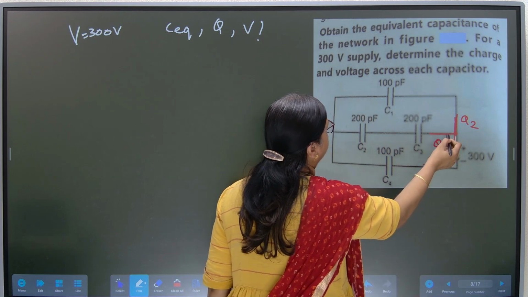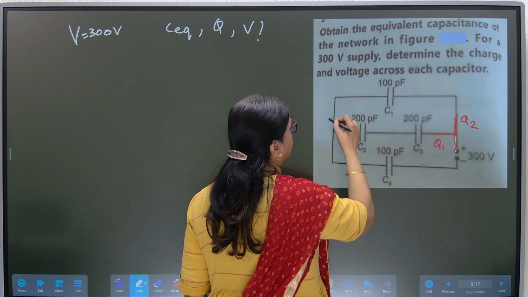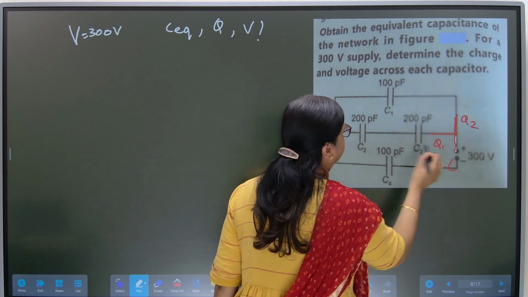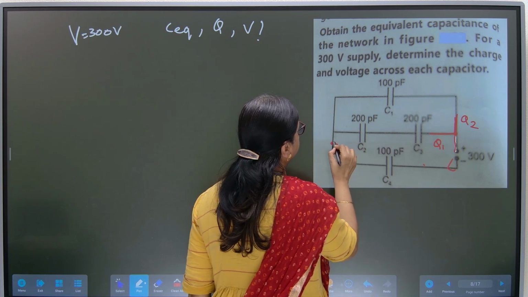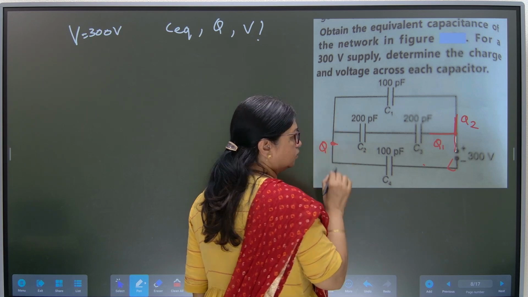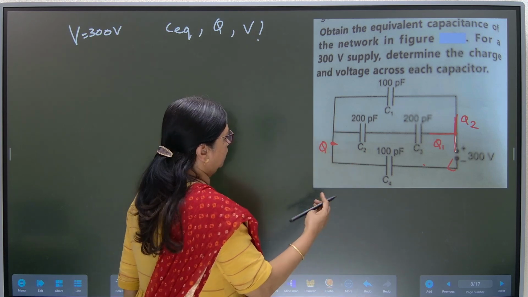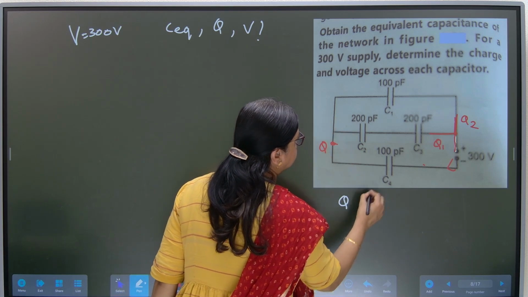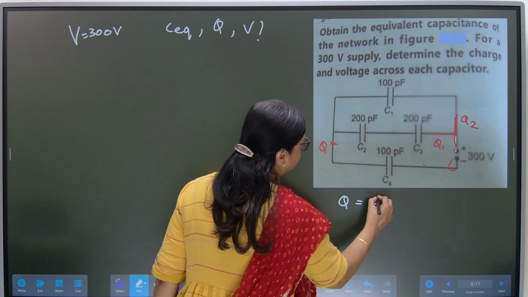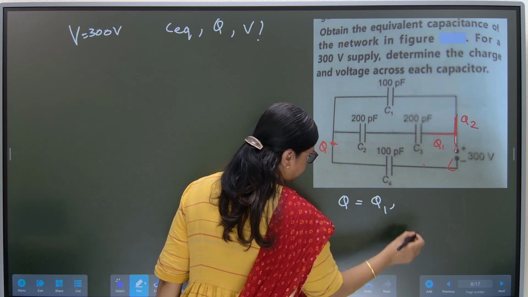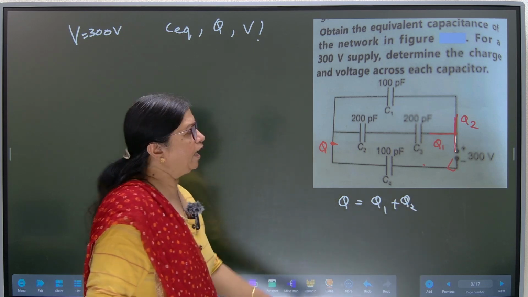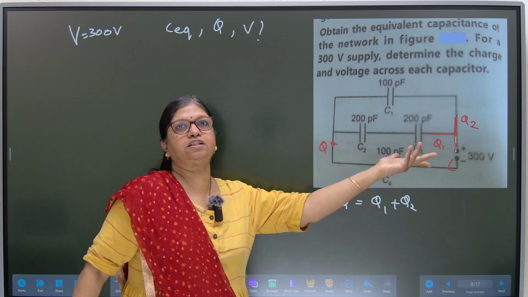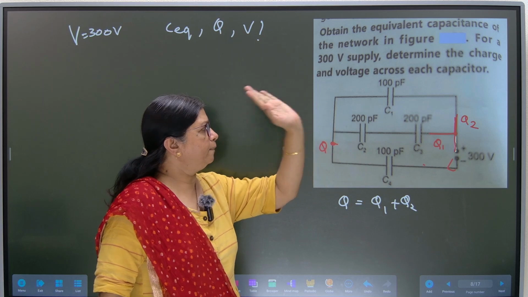And Q1, Q2 join together and we get Q here joined together. So meaning Q is distributed into Q1 and Q2. Agreed? So we have to find out Q, then we will distribute it into Q1 and Q2 by ratio method